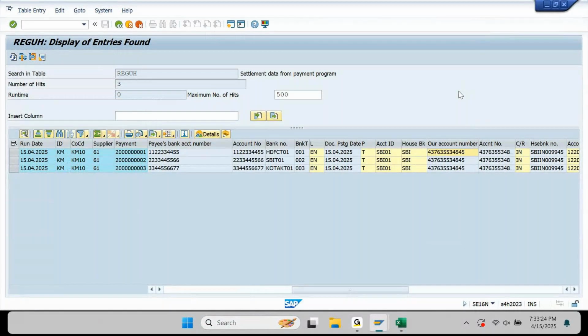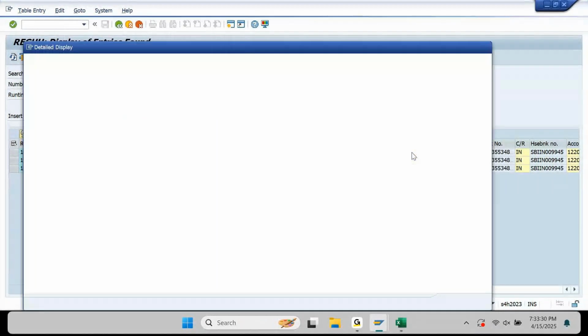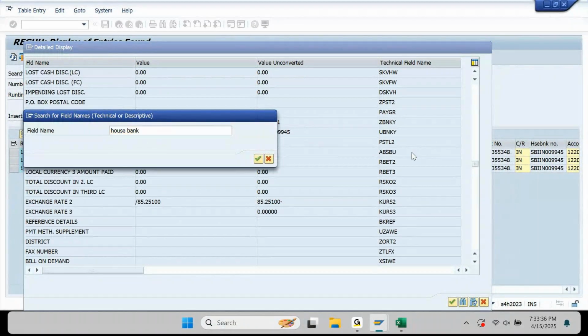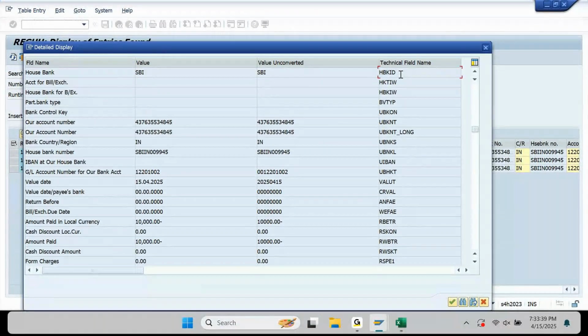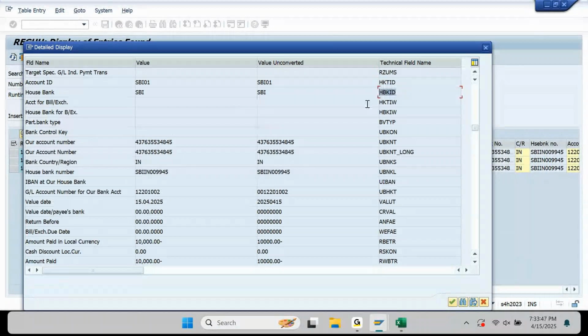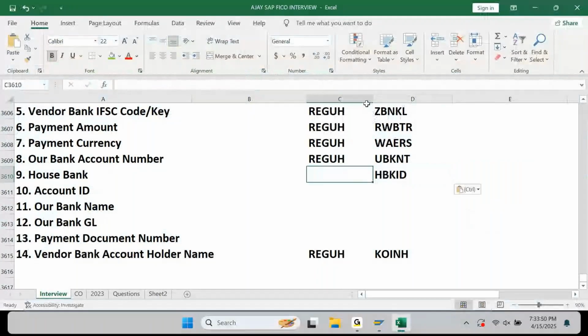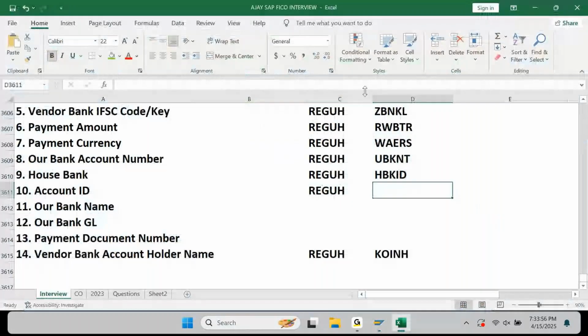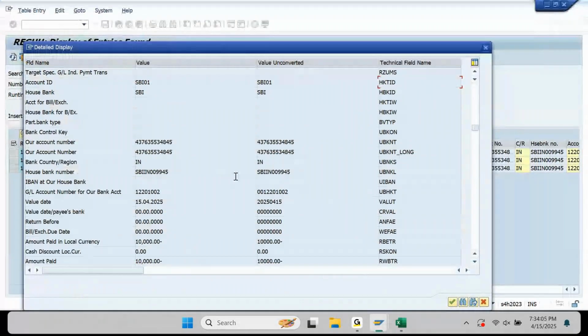All this information you will update only for information purposes. You have the house bank, you have the account ID. If I put, let's say, house bank, this is here. House bank is this. Account ID is this. Our bank name. Where is our bank name here? If you look at,